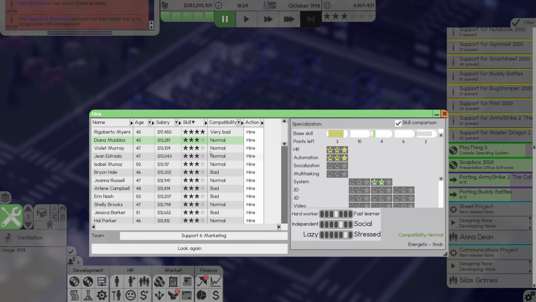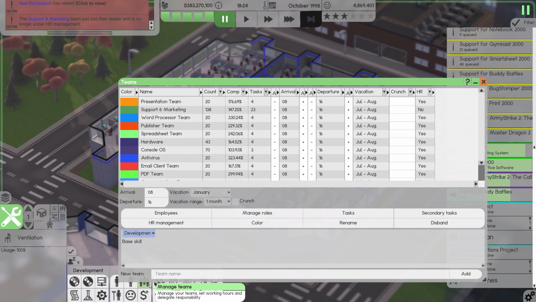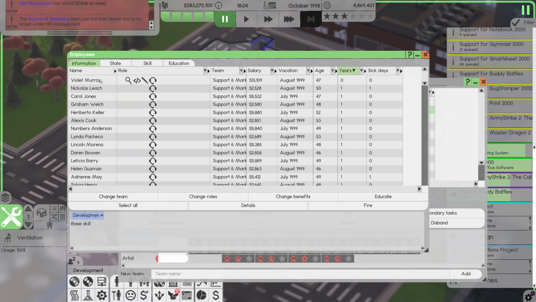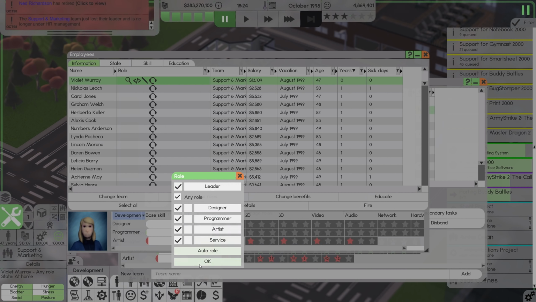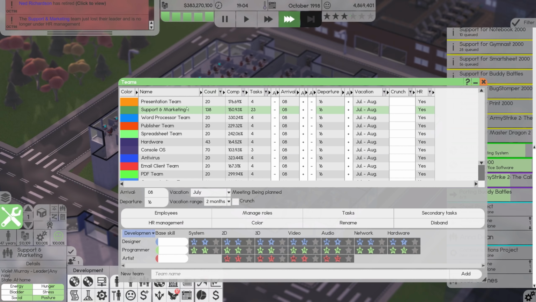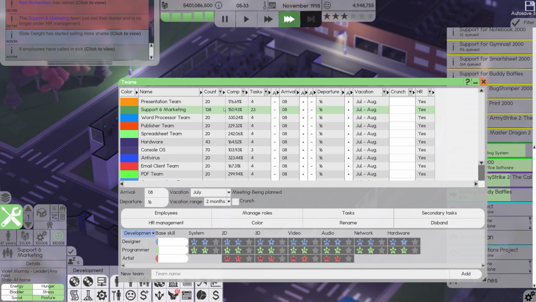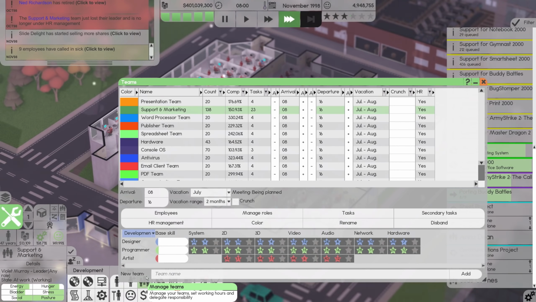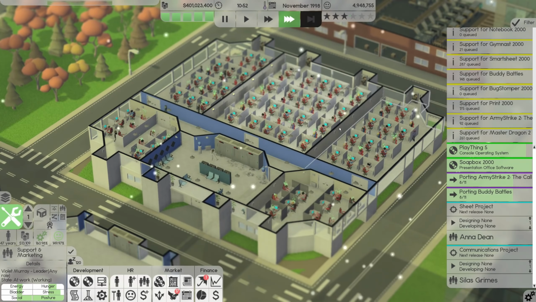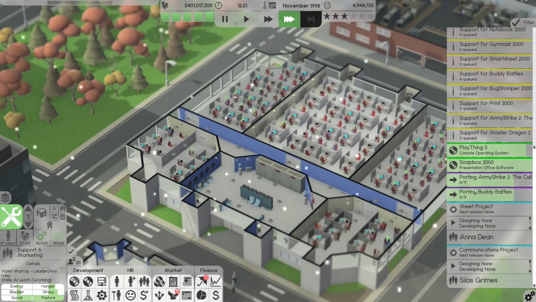Okay. I feel like socialization's kind of where we want you. So Violet Murray, you are hired. Congratulations. Let's go into that team. Let's go ahead and employees. Let's go by years with company. Violet, congratulations. You are now the team leader, is what you are. And I think that will pretty much cover everything, if I'm not mistaken. Good old HR management going right. So it seems to be going pretty well there. Okay. No complaints from me.